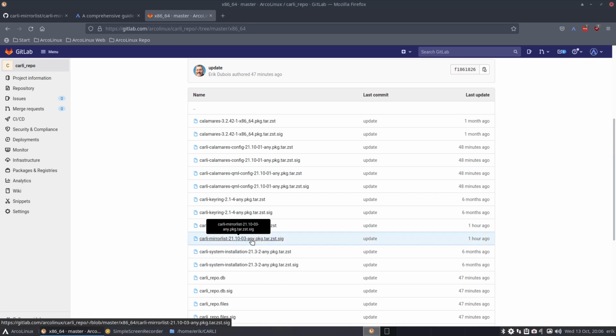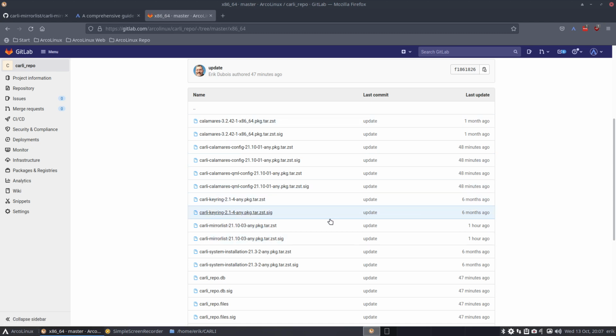I've made 3 iterations, 3 versions. Each time you change something, change the number. Don't stick with the same number. Pacman hates that. Just up the number, the 03, 01, 02, 03, 4, etc. So up the number every time you change something. So yeah, it's always difficult to